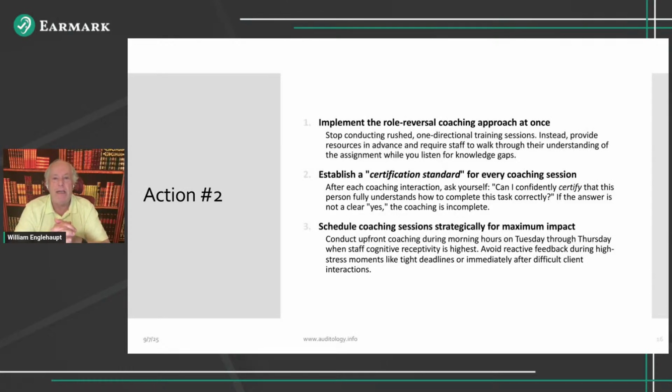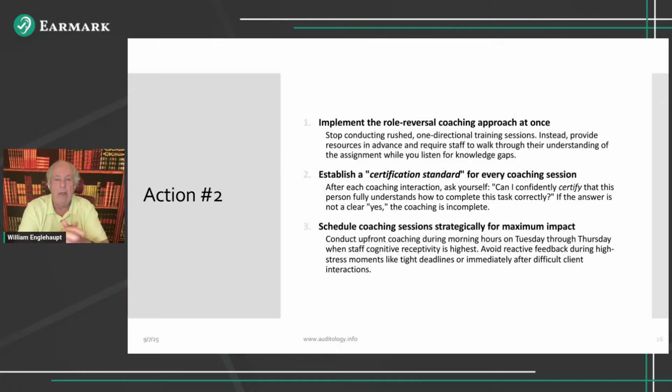So what is the key takeaway here? First and foremost, find those opportunities to introduce this role reversal upfront coaching model that we talked about. We say here, stop conducting the rush, the one directional fire hose. Make sure people have the resources and the tools available to them so they can prepare and they can present